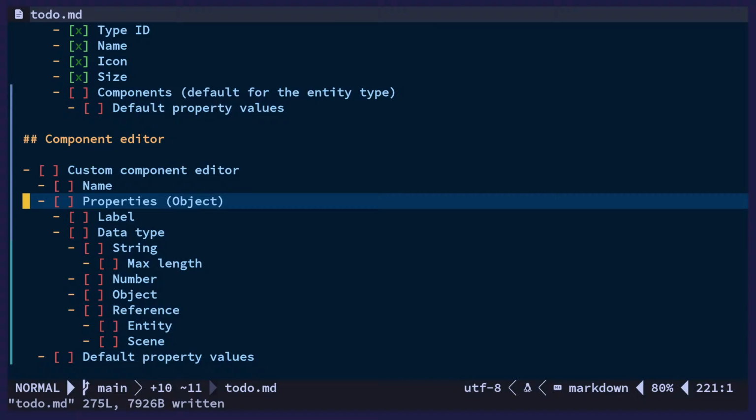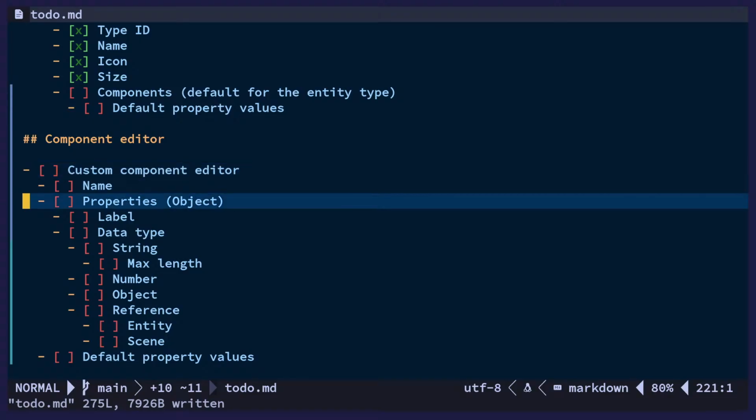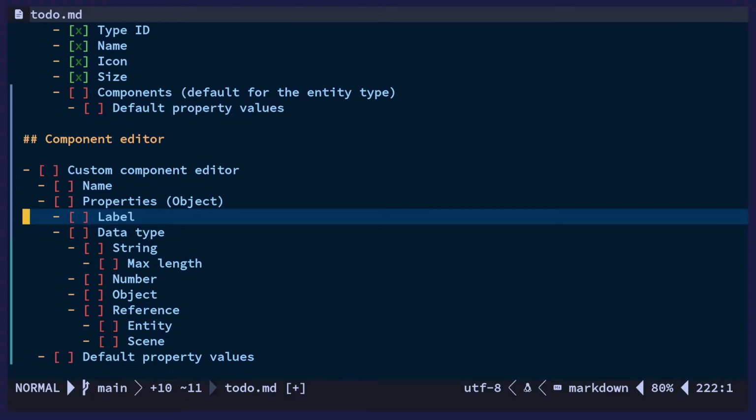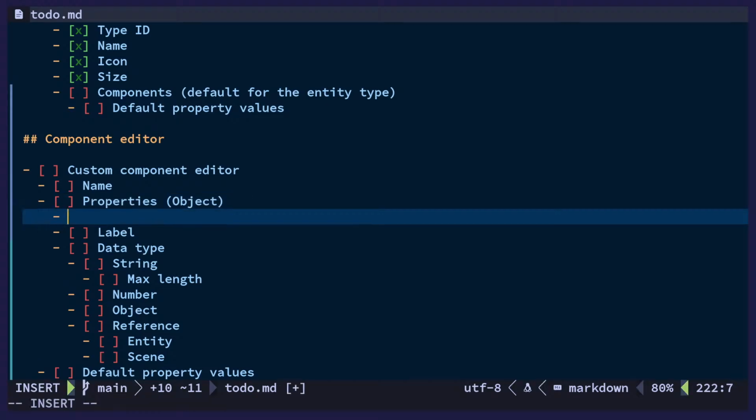But okay, so properties, you're gonna be able to add property. This is more like a component editor, but it will also sort of incorporate a property editor as well, but it's not a proper editor with its own document or something. Maybe we won't call it property editor, it's confusing a little bit. But you're gonna be able to add properties